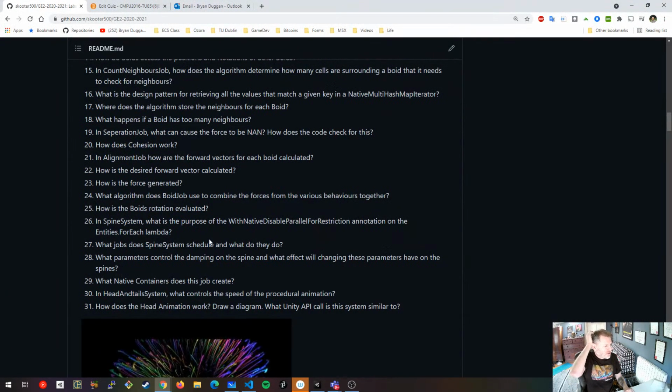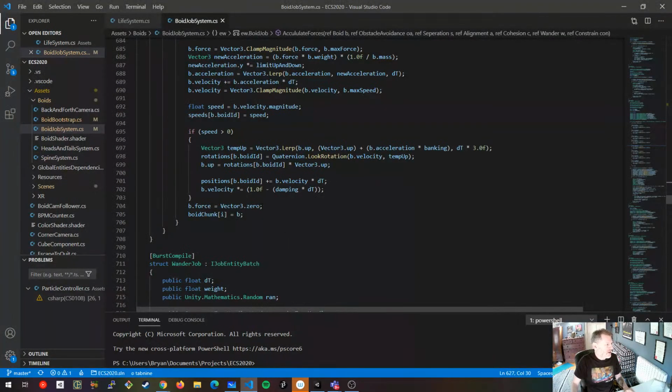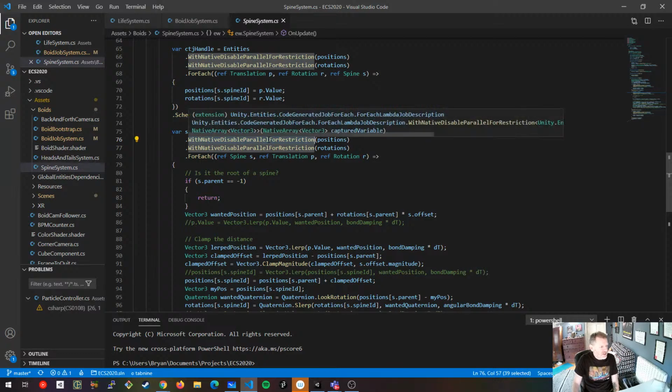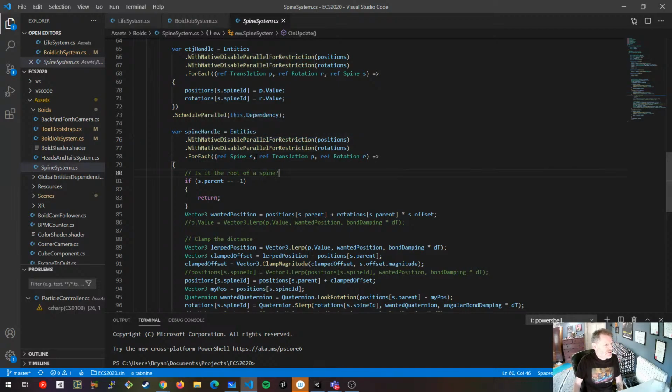The spine system, what is the purpose of the DisableNativeParallelForRestriction? This is something you'll see all over the place in my code, but you'll see it here, with DisableNativeParallelForRestriction on positions and rotations. This is an annotation that you can put onto your native array data structures. And with this annotation, it allows you to read the native container out of order. So if this is executing over entities with a spine, a translation, and rotation, and it's doing them in 1, 2, 3, 4, 5, 6, 7, 8, 9 order, whatever, this allows you to read the